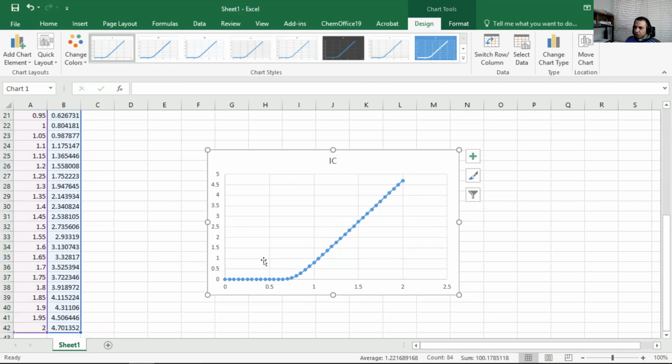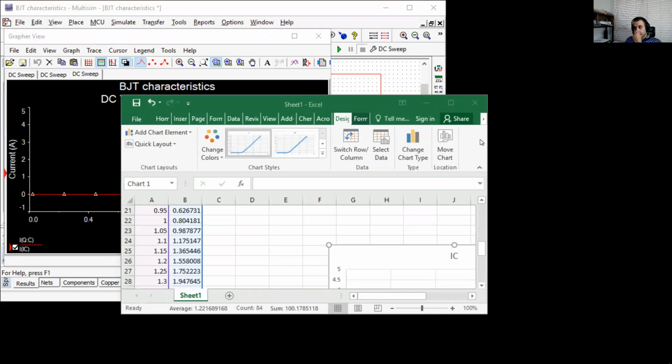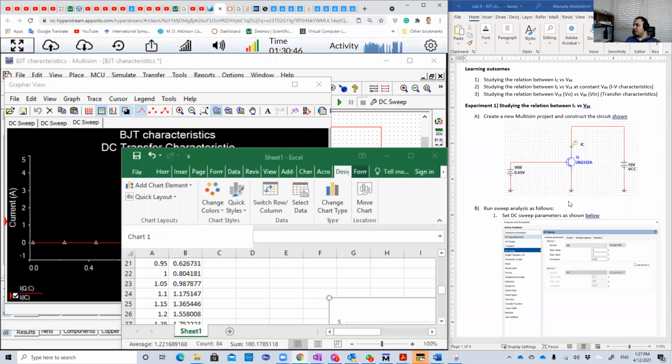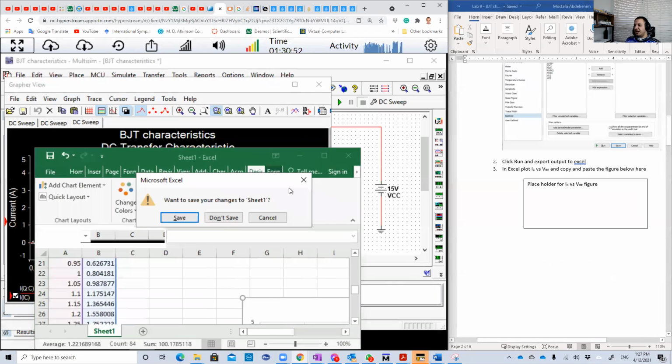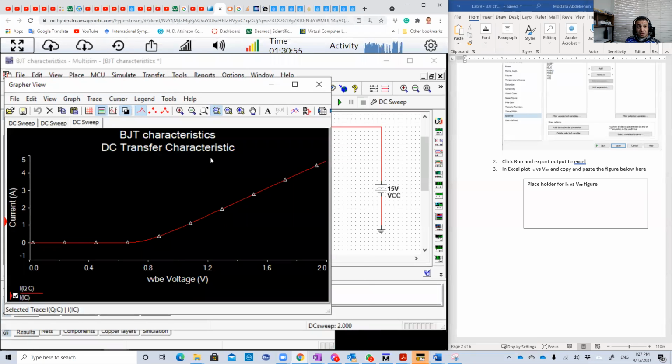Good. Then I want you to just copy and paste this figure and put it here. Let's exit this screen and put it here, basically in the output window. Okay. That's basically for the first characteristic between IC and VBE. Let's do now,